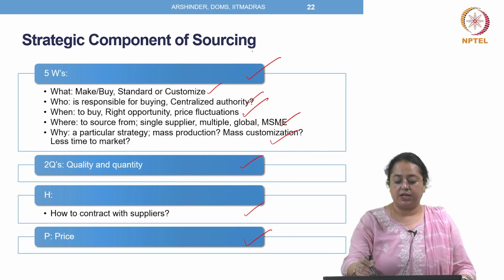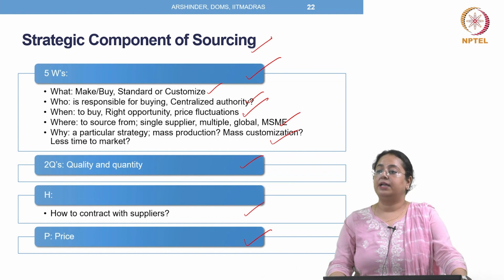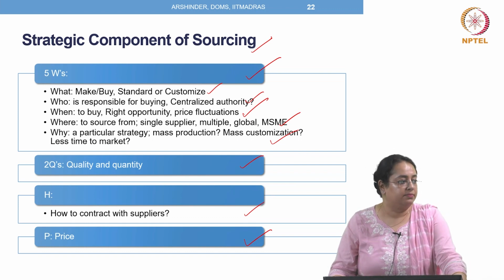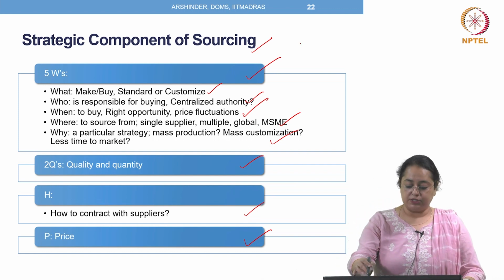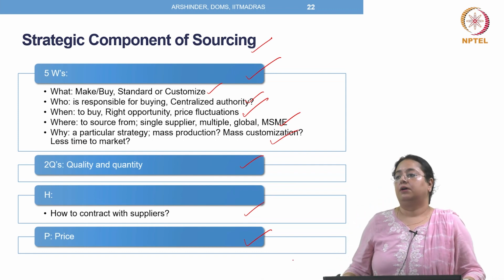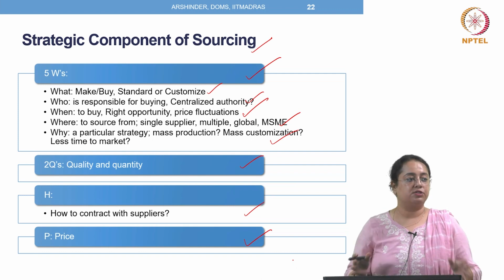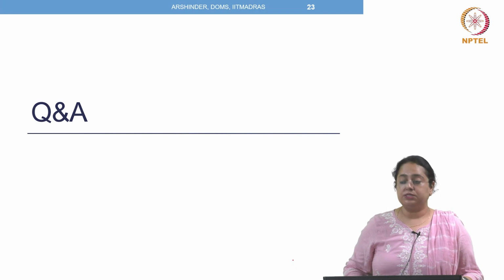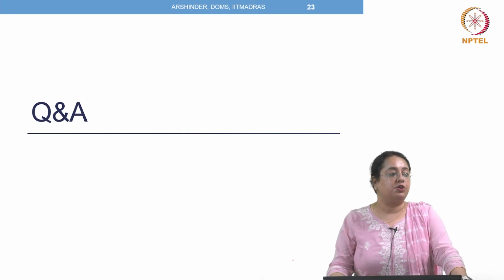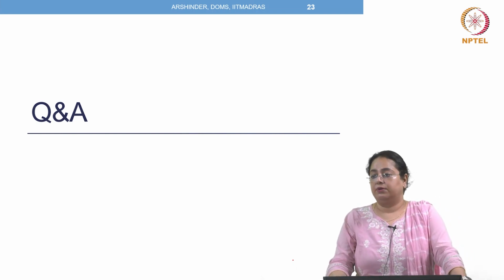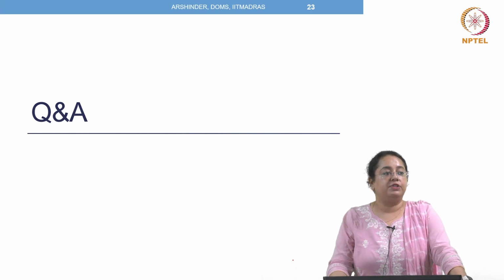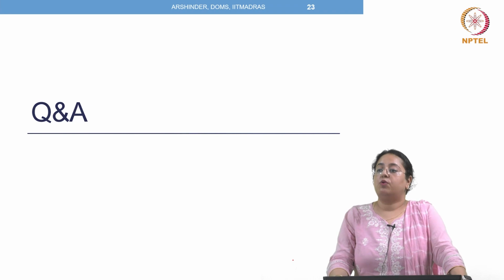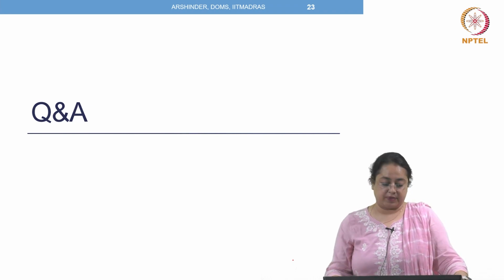Use these strategic components to devise a good supply strategy for your organization, right. This will be comprised of all the activities which any strategic sourcing function has to perform, right. So with this we have come to an end of the session on supply objectives, right. What are the objectives of supply management and how should it be aligned with the company's overall strategy, right. Thank you.